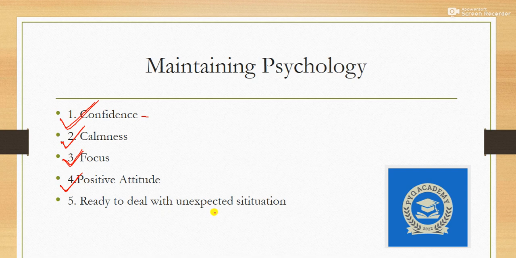You don't know what will happen inside that hall that day. So be ready to deal with any kind of unexpected situation. For example, let me tell you, one of my seniors who had given the civil service interview this time. So we practiced a lot, and